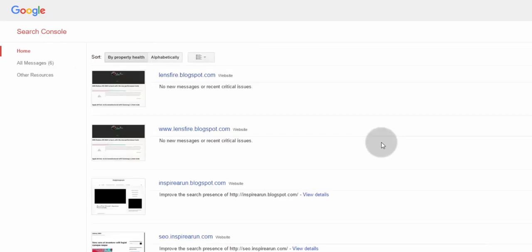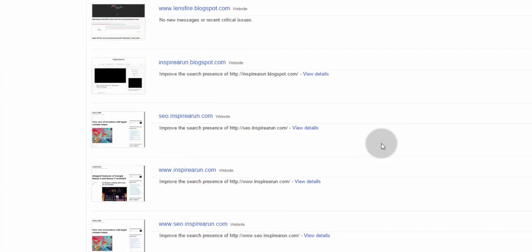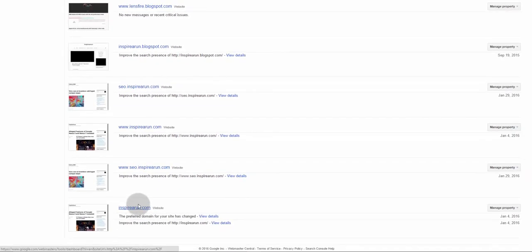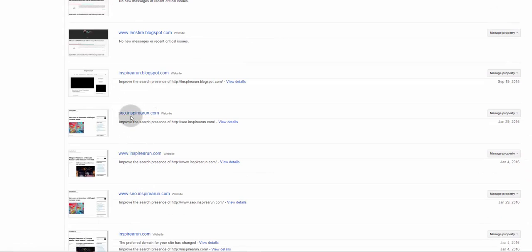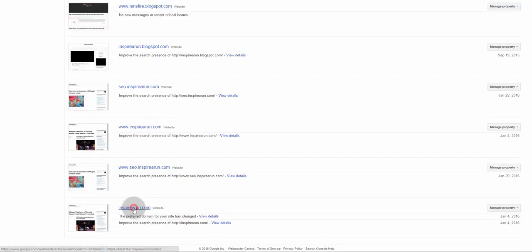Once you have added the www version of your domain name, go to the naked version. For example, I have added www.inspirearun.com and inspirearun.com. Similarly, I have added seo.inspirearun.com and www.seo.inspirearun.com. In this case, I don't want two results to appear in the Google search results, and even if I want it, Google won't allow that. And all of the content in this website will be termed as duplicate content in this website. So to avoid that, go to your website,